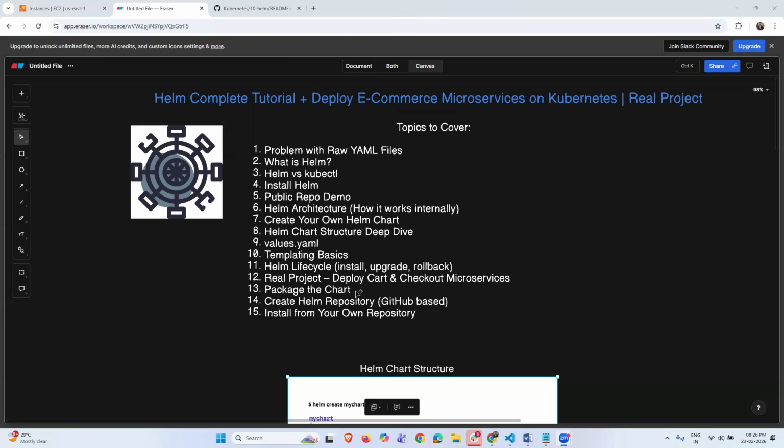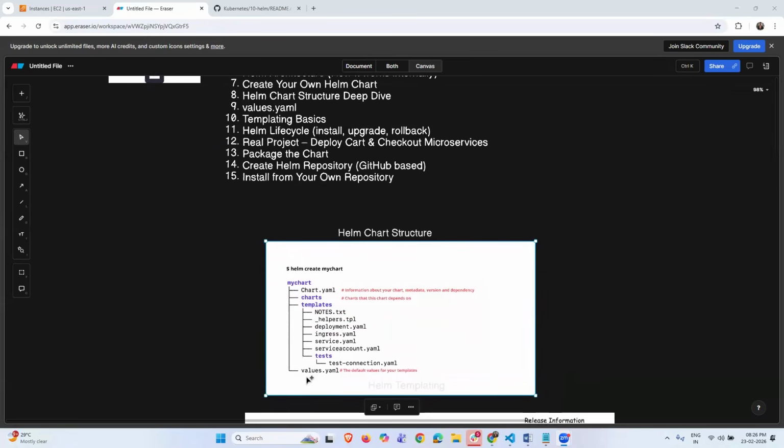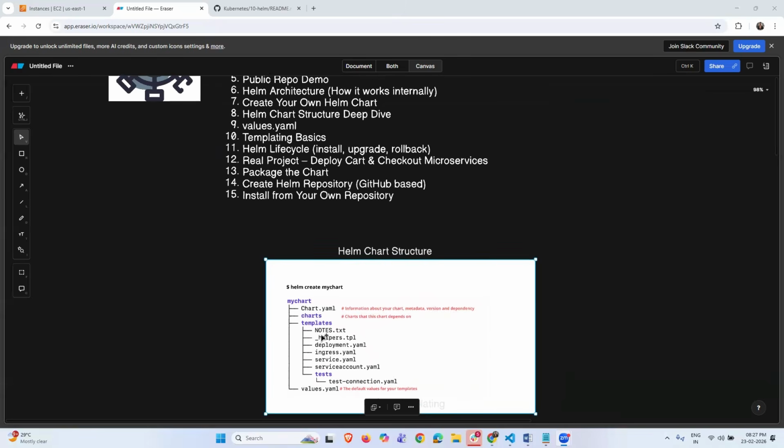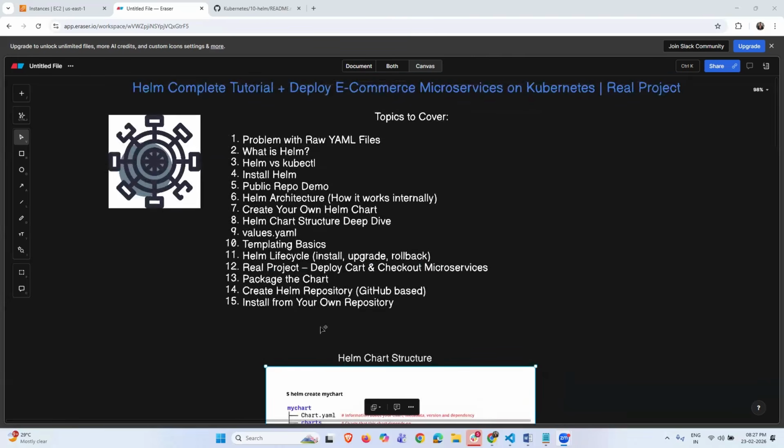I will create a small project, and I will explain the entire folder structure: values.yaml, Chart.yaml, charts and templates, and everything. I will explain ingress YAMLs and everything. I will explain in detail the Helm life cycle, like install, upgrade, and rollback, and how it works. Finally, we will deploy microservices, the two microservices,